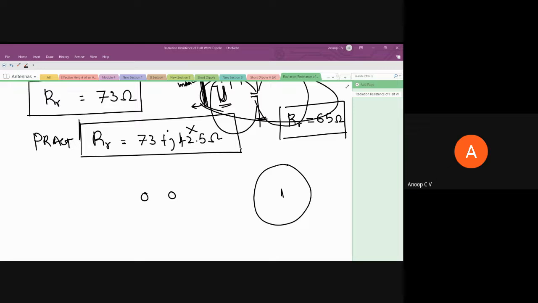So those parameters, ABCD, Z, Y, H, we can't directly apply to transmission lines or microwave engineering. We should have something else, that is the scattering matrix parameters. It's interesting, and you should know it as an electronics engineer. For sure, if you attend an interview, you will get questions on S parameters. That is a very important concept, so I urge you to study it.